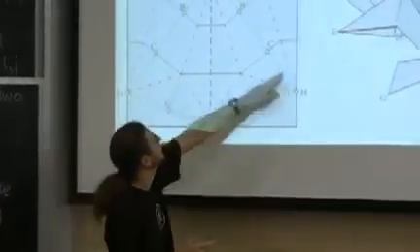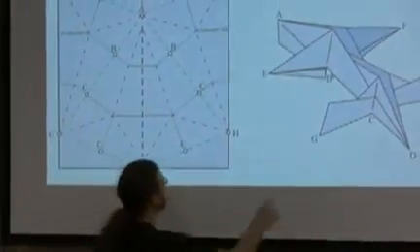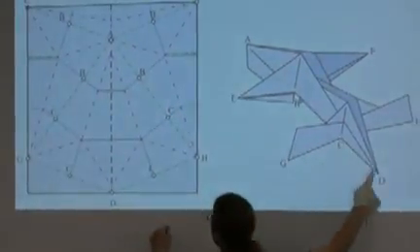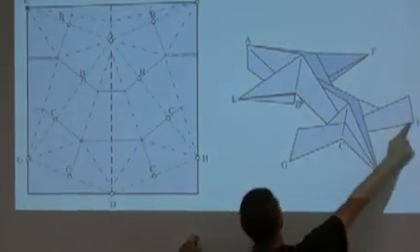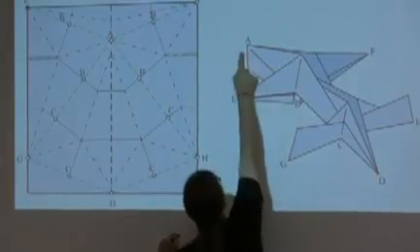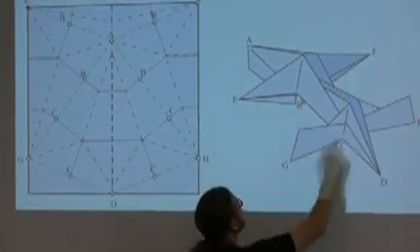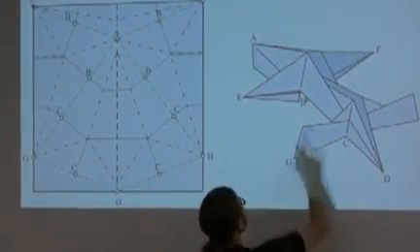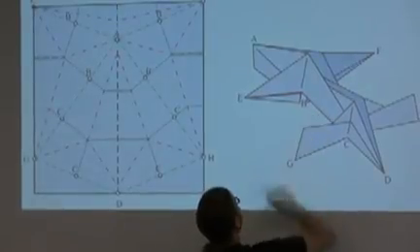So if I look at this quadrilateral, it corresponds to G, to C, to D, to C, to H, to C, to B, to A, back to B, back to C. And so my guess is if you add a little limb in here,